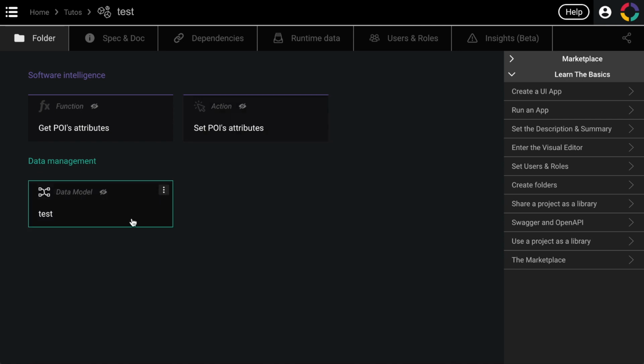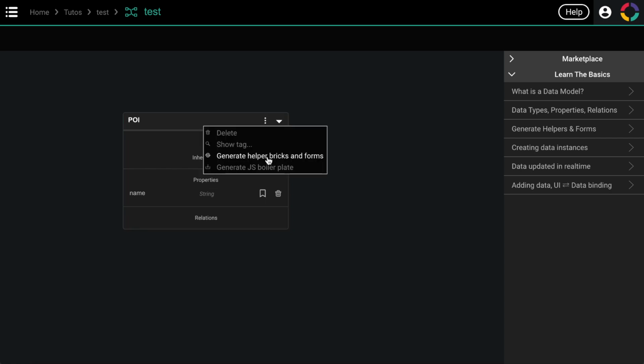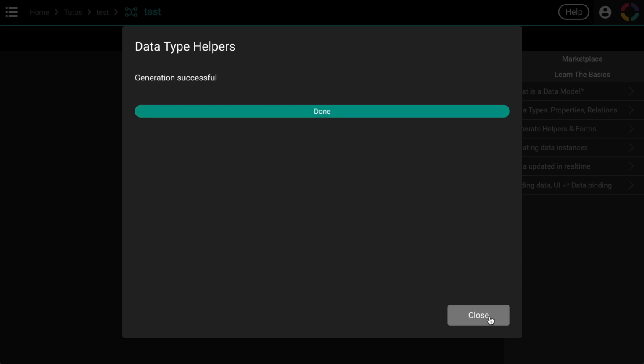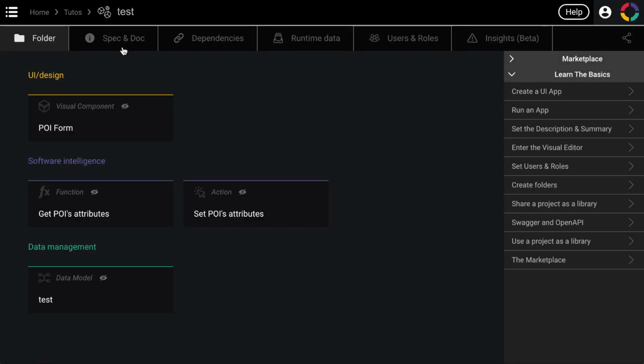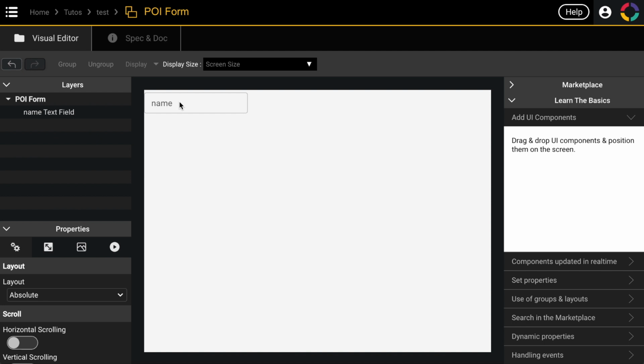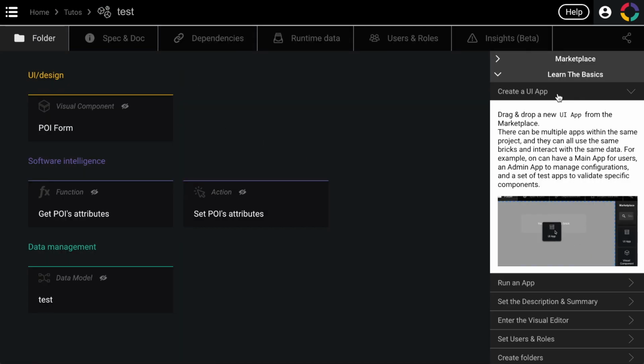so here I can go back and generate the UI part here. I'm going to add a form. And that form, what's it going to be? It's going to be a visual component here in yellow. So all the visual components are yellow. That's the third color. And if we open it, we have a visual component with just a name, because the name is the only property of our data model, data type. Okay? And only then we decide